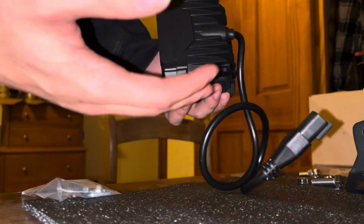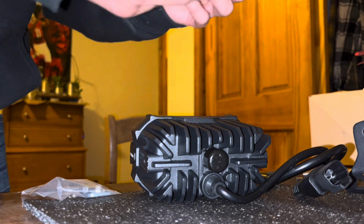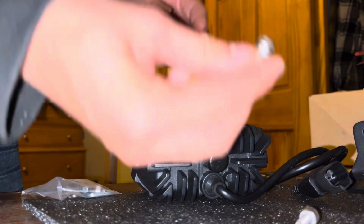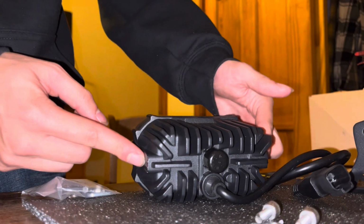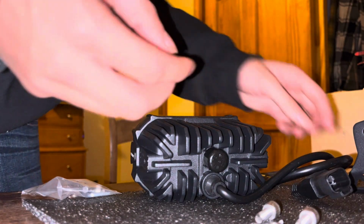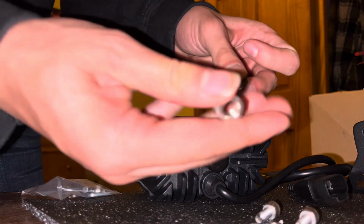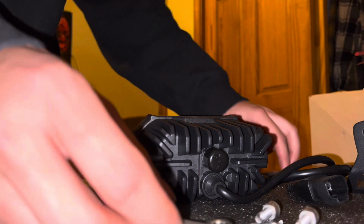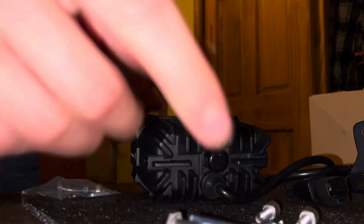So to show you how you're gonna install your brackets on your pods. You're gonna have these two tinier bolts, two tinier lock washers. Those are gonna go into the pod itself right here when you have the bracket underneath it. And then you'll have a bigger lock washer, and nut, as well as a bigger bolt. And they also give you tools to tighten them. So what you're gonna wanna do first